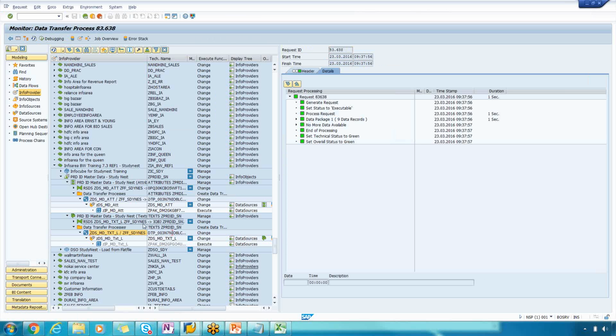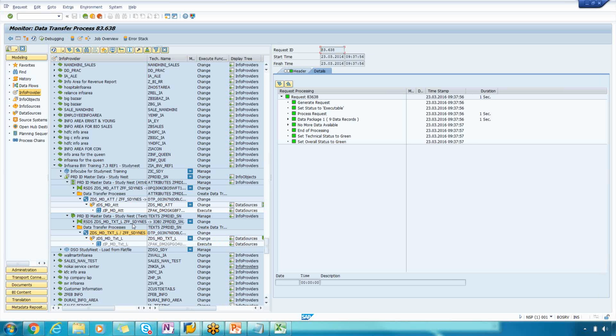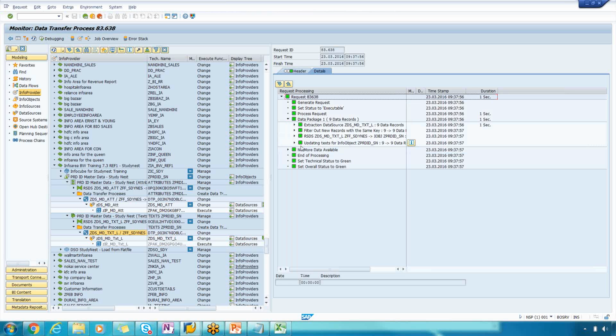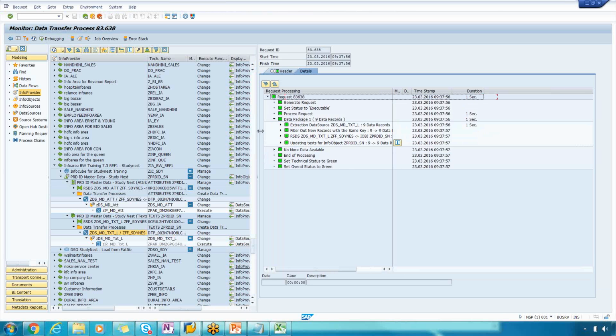So these are all the common mistakes we make when we are trying to load data. You should always make sure, even if you make a mistake, you do not panic. You check whether the steps are there or not: data source, info package, transformation, DTP. If everything is there, then for sure you will have the data in the